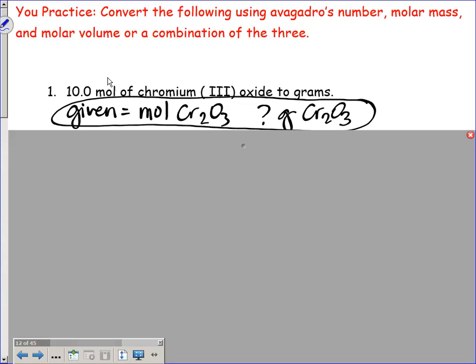So at this point, we know we have moles, and we're looking for grams. Then your thought in your head is, is there a direct conversion between moles and grams? Yes. You remember that 3-pronged thing we had yesterday? It's that middle step from moles to mass. So as you set up